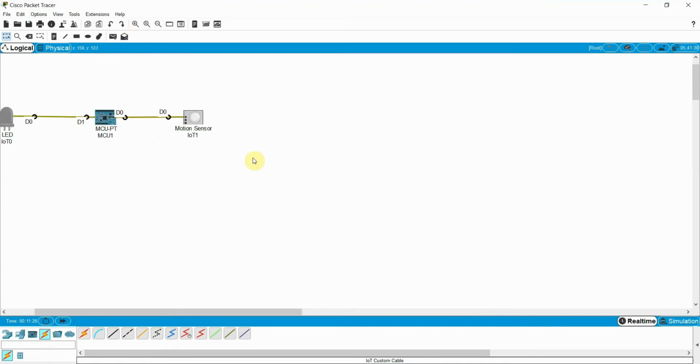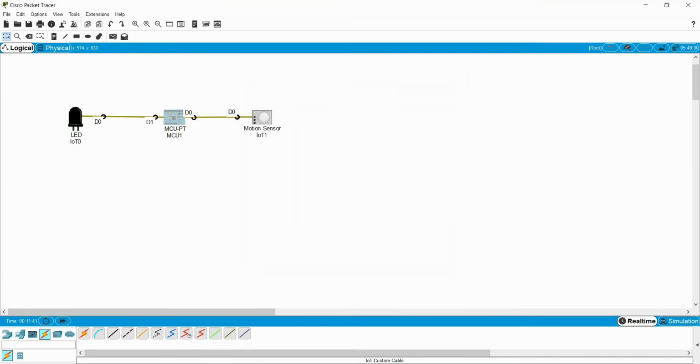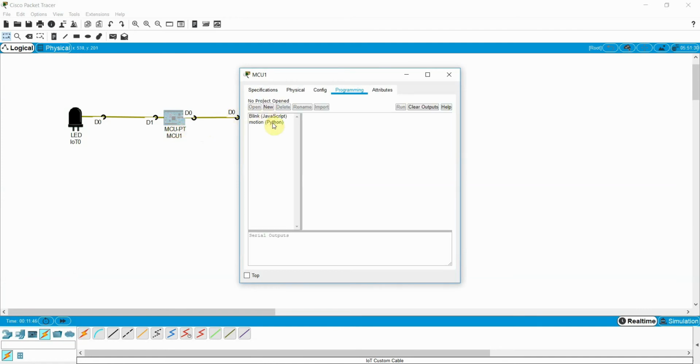I think my system is a little bit slow, so wait. This is the program I'm going to write. Let me write from import GPIO, general purpose input output pin.